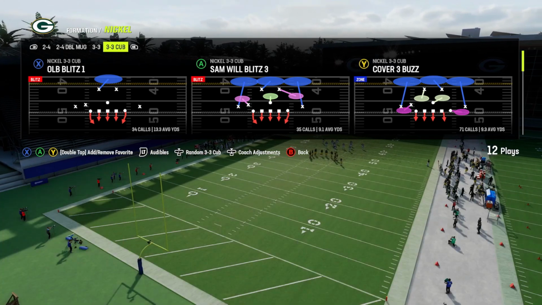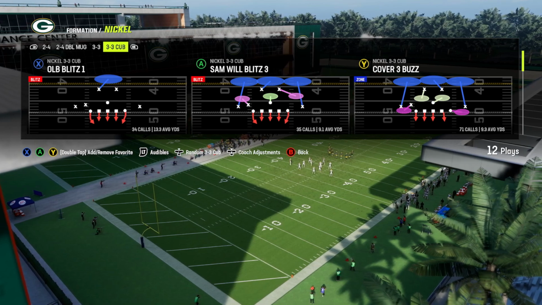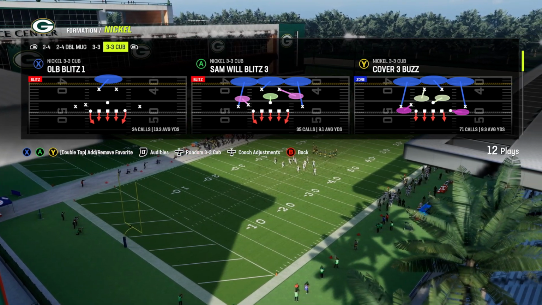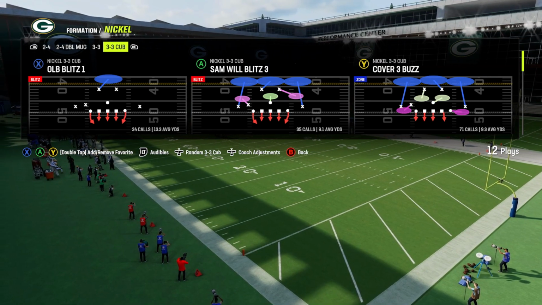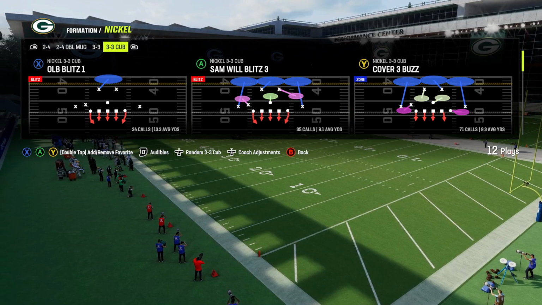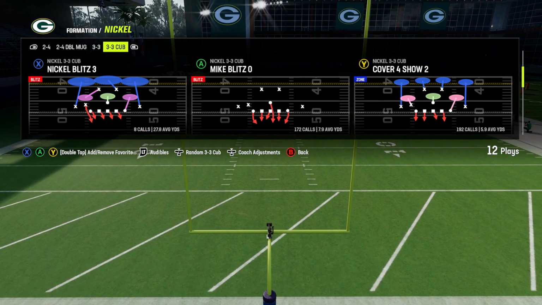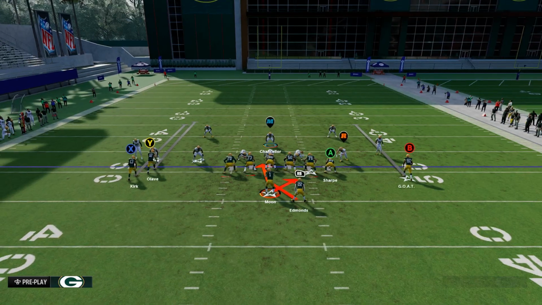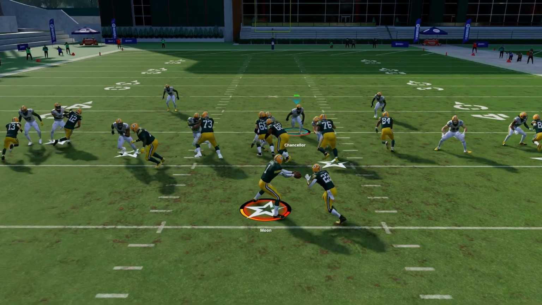We're going to be showing how to change the read key, how to utilize it versus different fronts, and how to use the halfback cutback, because you have a lot of control of the halfback coming out of a handoff animation this year, and you did last year too, to be fair. But especially with the read option, if you create a stand-up defender, and I'll show you what I mean. So if the outside linebacker is the guy who stands up and plays the quarterback, and I probably should have set this